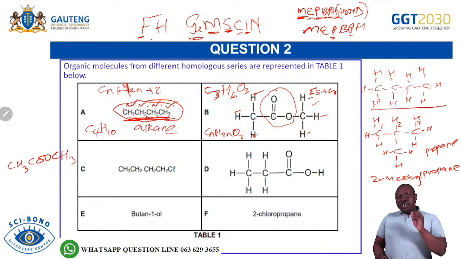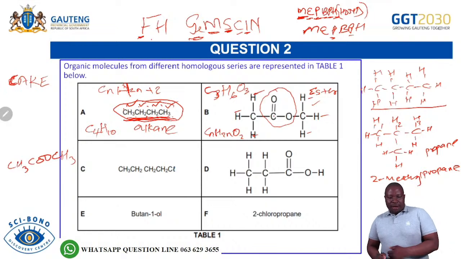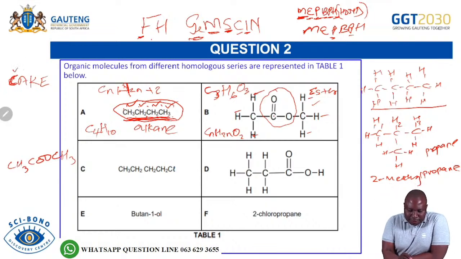Remember, I'm saying to you now, with carboxylic acid, we say "cake" so that you remember, you don't forget. At all times, don't forget: carboxylic acids, their isomers are esters. So we call them functional isomers because they have different functional groups. So carboxylic acids and esters are functional isomers. Aldehydes and ketones are functional isomers. So don't forget, for functional isomers, we're saying cake. See the order: carboxylic acid goes with esters, aldehydes go with ketones.